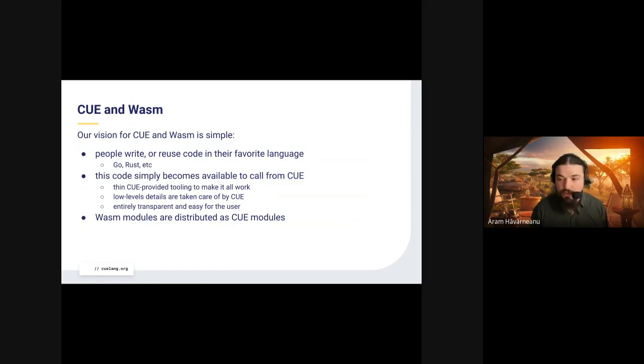The user just takes their code or writes new code, and by typing, I don't know, Q build or some other command like that, it just becomes available to Q. Another thing that we're thinking of is, because WebAssembly is essentially a compiled format, you have to compile it, and then you have to distribute those WebAssembly modules somehow. We are thinking of using the Q module ecosystem, the Q module infrastructure, as a distribution mechanism